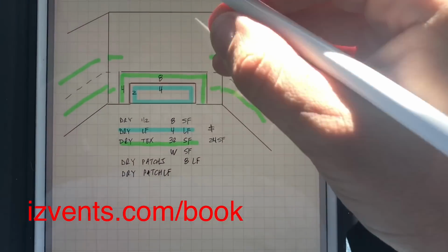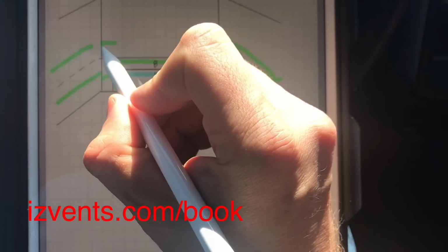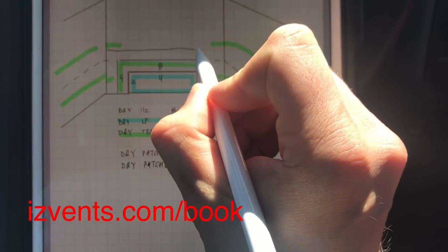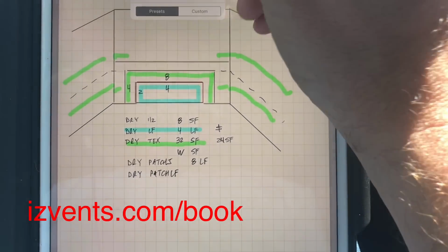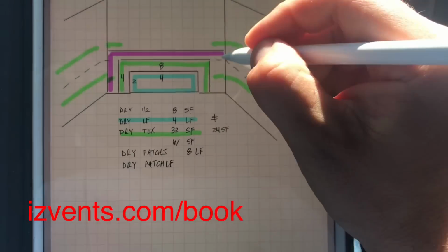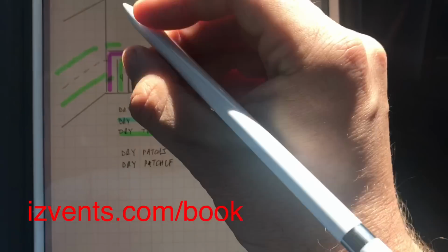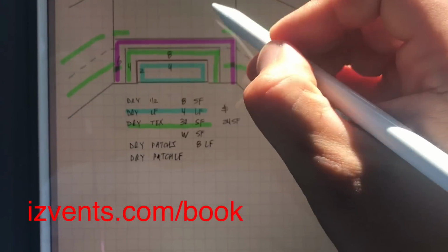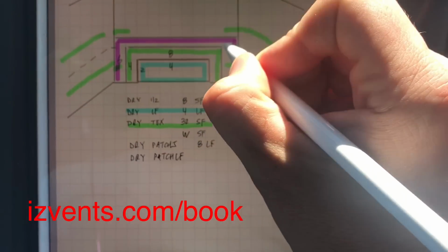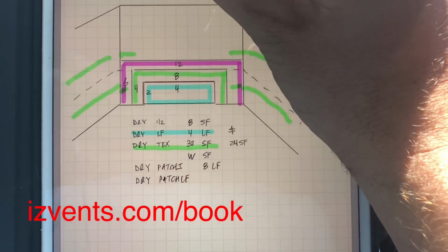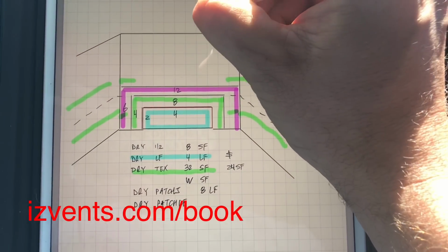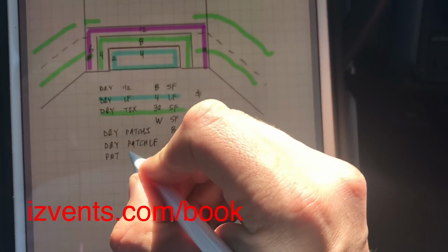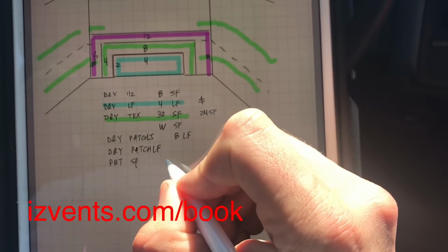So now we've got the paint. Another area that we see utilizing a lot of this is, let's say we're going to seal and paint another 2 feet all the way around. So now we're at 6 feet, 8, 9, 10, 11, 12, right? I don't always have my math, so 6 times 12 is 72. So our P&T seal paint is going to be